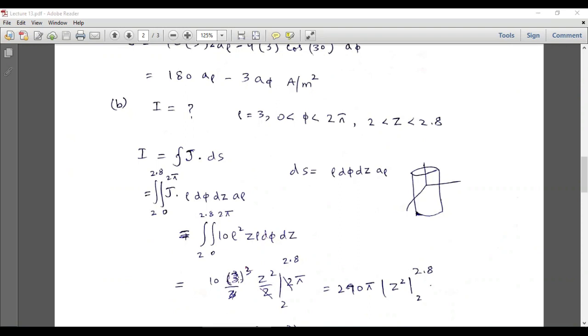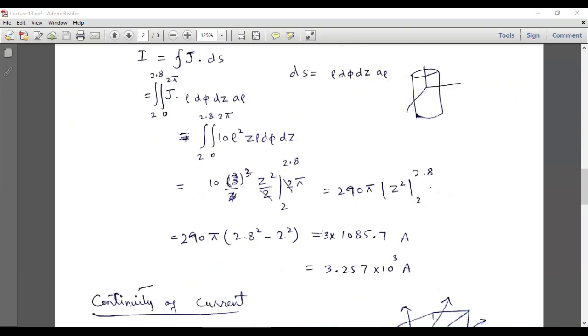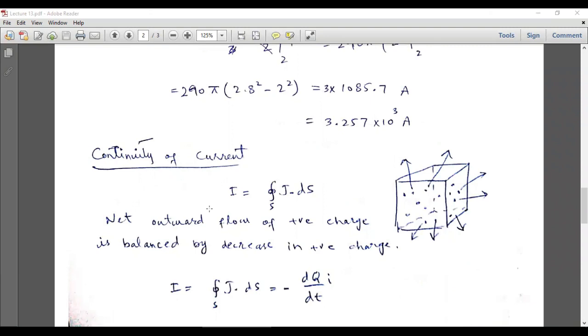So this is 10 rho cube, and rho is constant as 3, and the integral of z will be equal to z square by 2, and the integral of d phi is phi. So the limit of phi is from 0 to 2 pi, so it will become 2 pi, and this is z square over 2. So let's put the limits of z from 2 to 2.8. So after these calculations, finally we will get 3.257 into 10 raised to power 3 amperes, which is the total current. Next topic is the continuity of current,